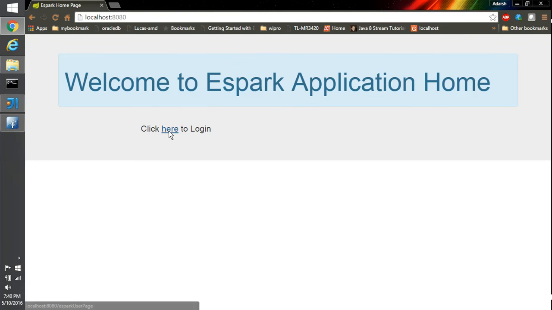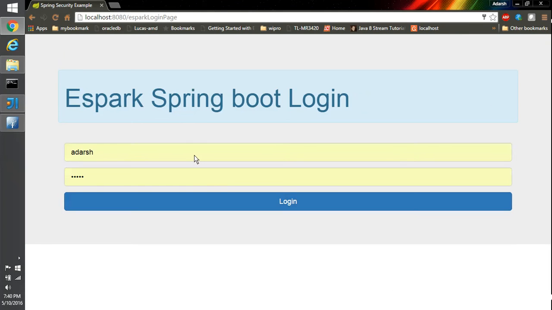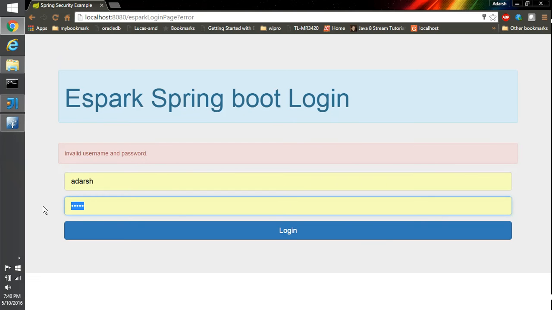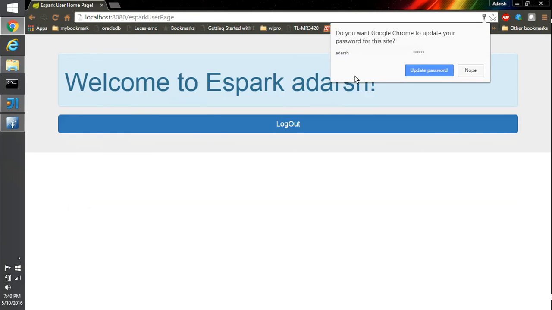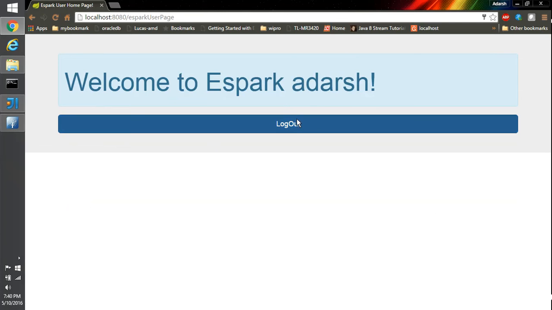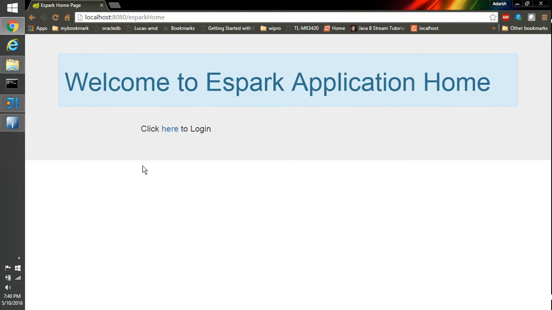This is the landing page. I'll click here, login, and here I have given Adarsh and a wrong password, so it will say invalid username password. If I give Adarsh with the correct password, I get into the home page of the user. I'll say logout.